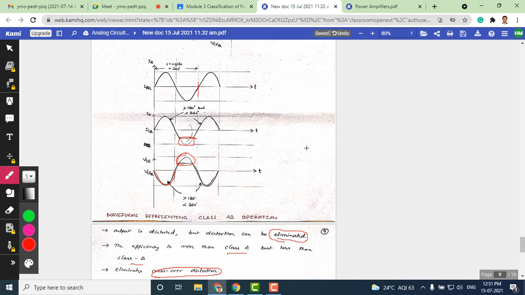To summarize, today we have covered classification of amplifiers in more detail, namely class A, class B, class C, and class AB amplifiers. We have shown waveforms on the transistor output characteristics, and even separately we have shown each power amplifier's input and output waveforms. So I think with that we'll stop here, and in the next class we will go for a more detailed analysis of each of these amplifiers.